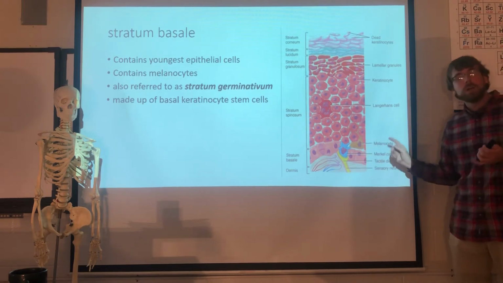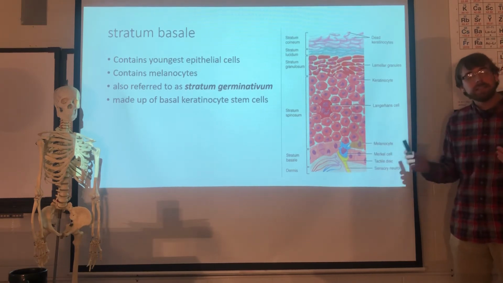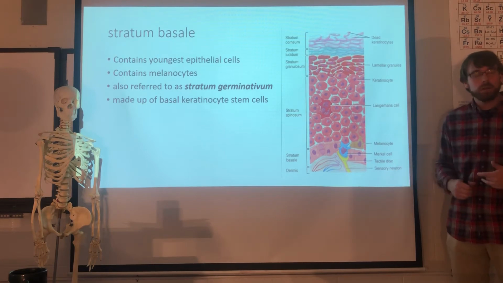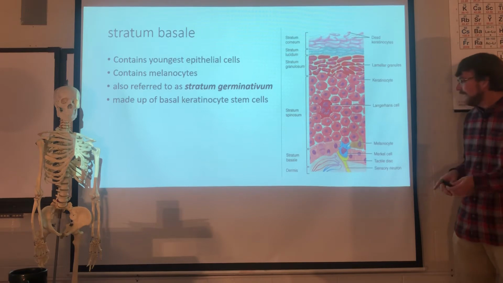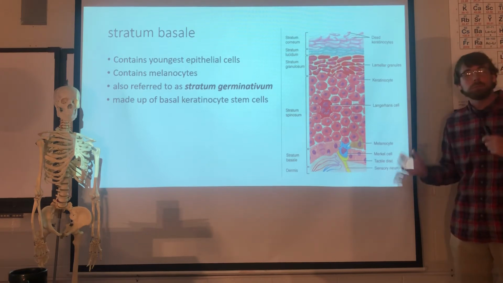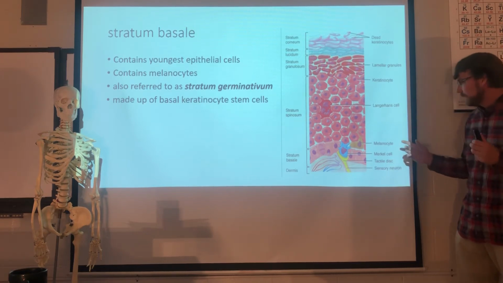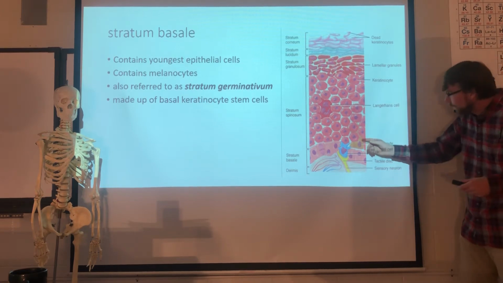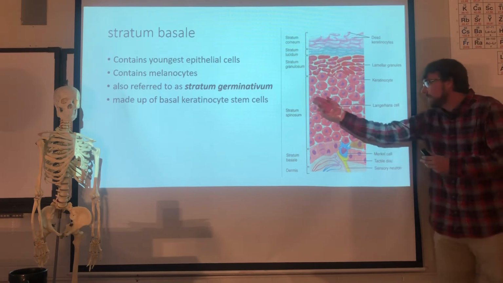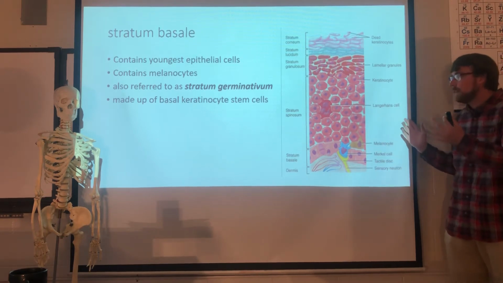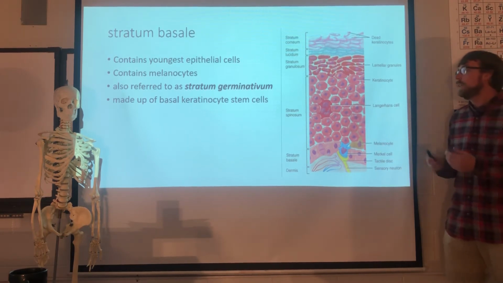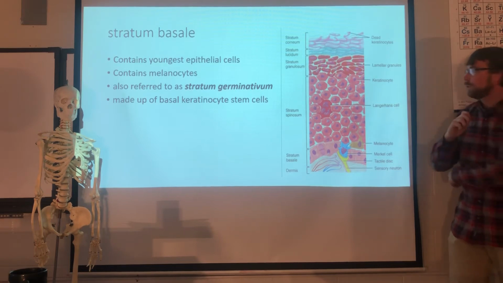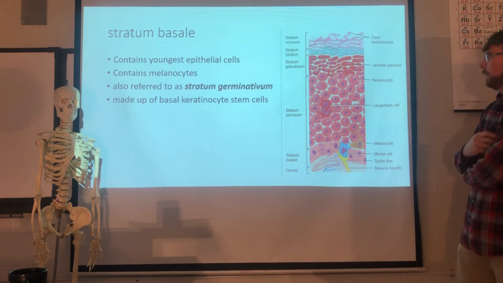Melanocytes are the cells that give skin its coloration. That's where our pigmentation comes from. People with darker skin have the same number of melanocytes as people with lighter skin. The difference is in the concentration of pigment and how far these cellular projections stick out in between the other cells. So this layer is also referred to as the stratum